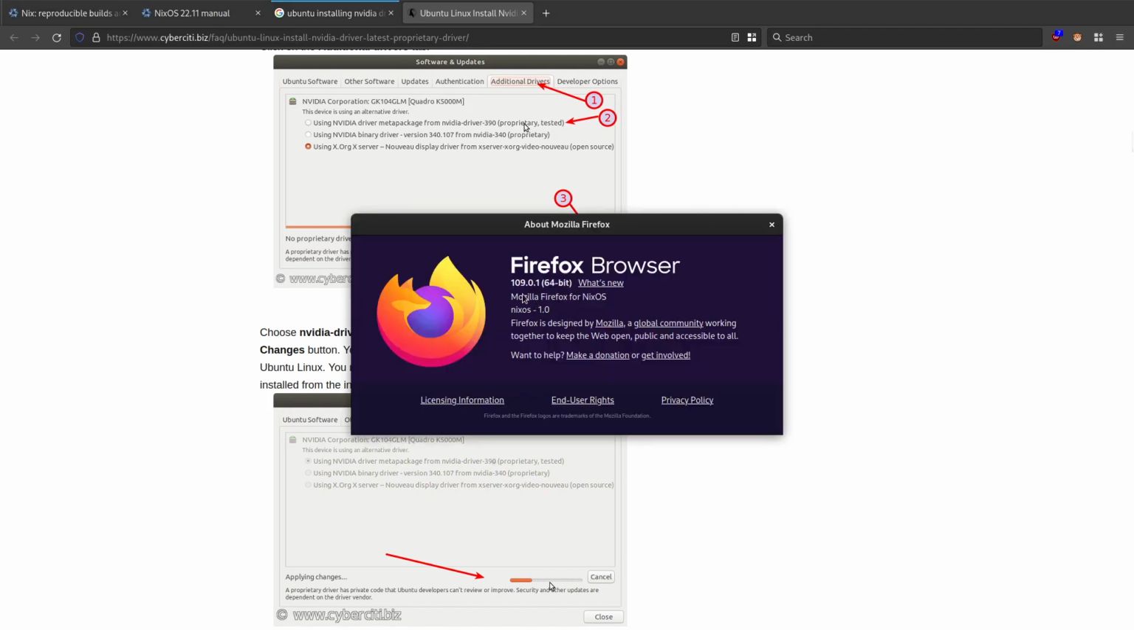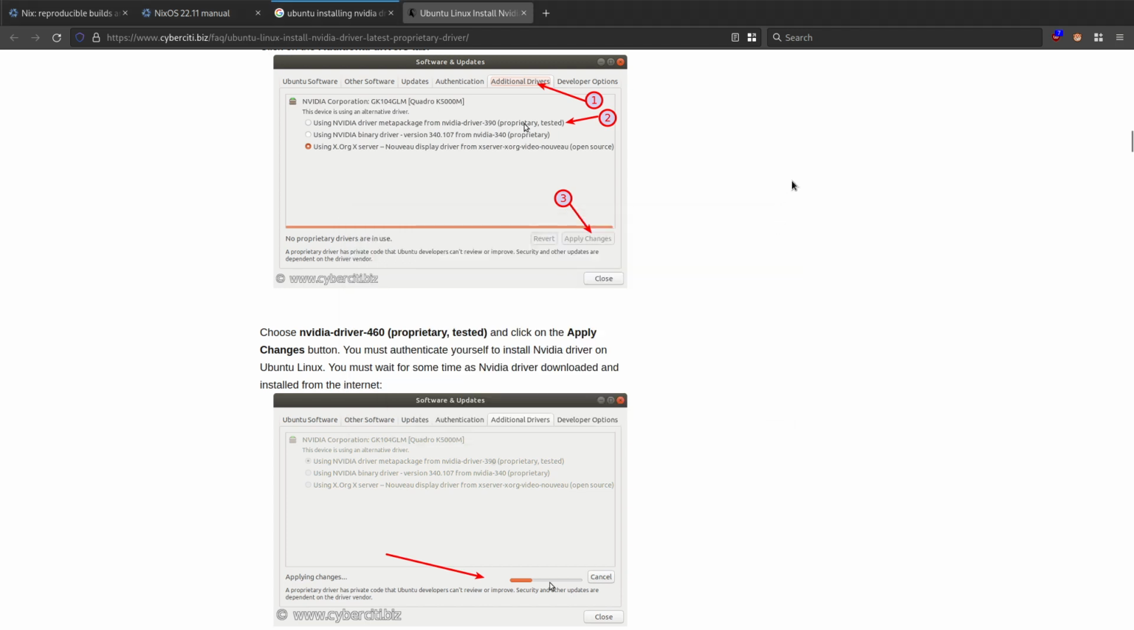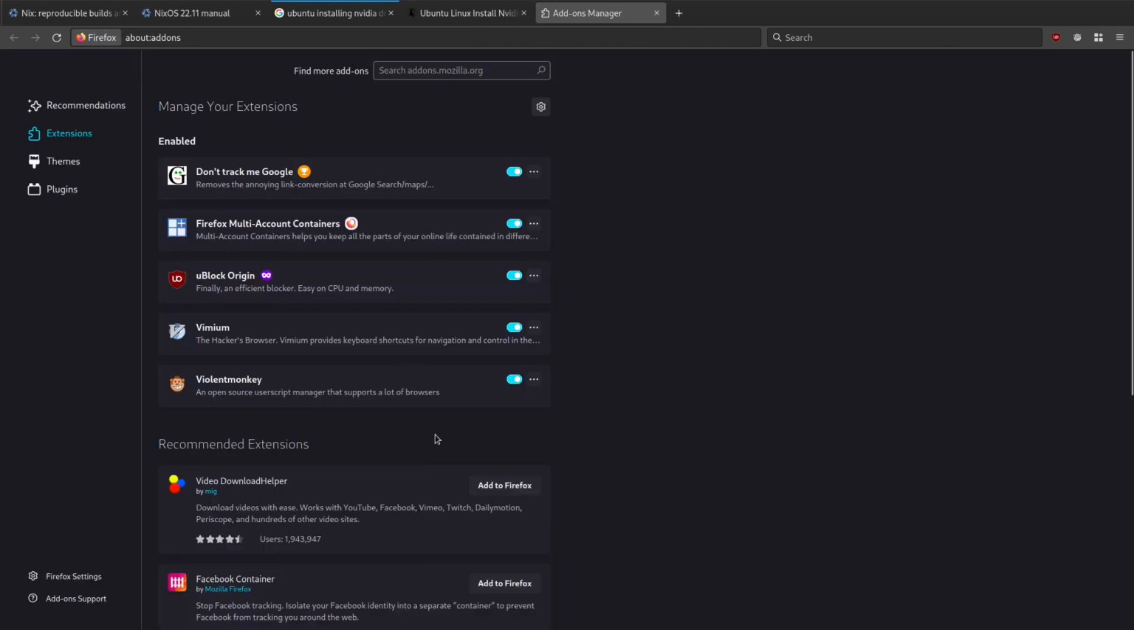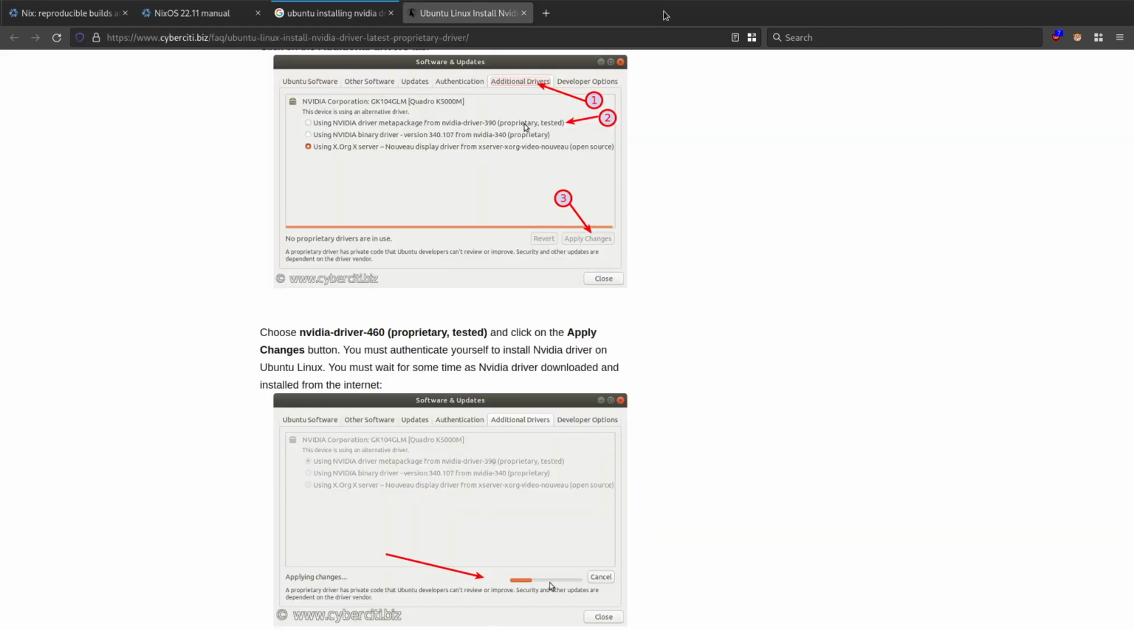So we can see here, help, about Firefox. We're running the latest version of Firefox, 109.1. What it will also do is update all these extensions as well. So rather than coming through and going check for updates for extensions, when I run Home Manager switch, it's going to update all these extensions as well. So that's a lot easier, running one command to update